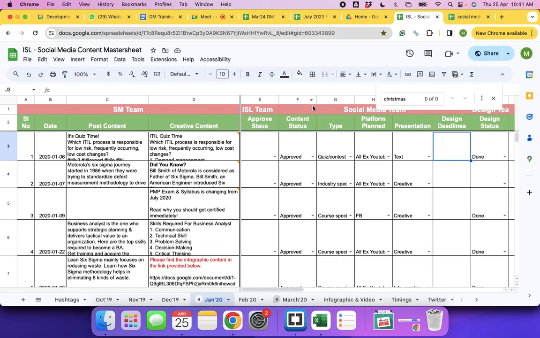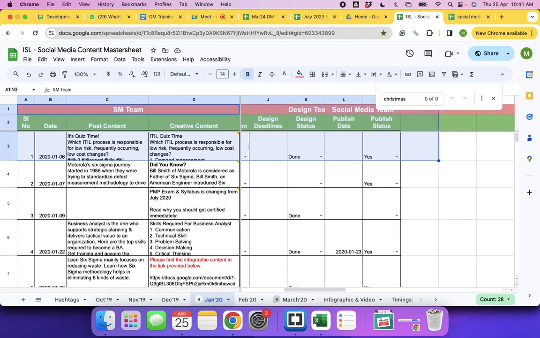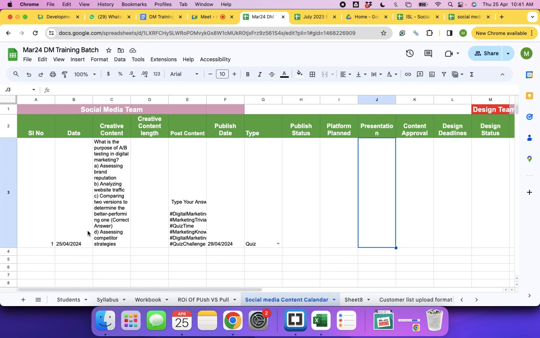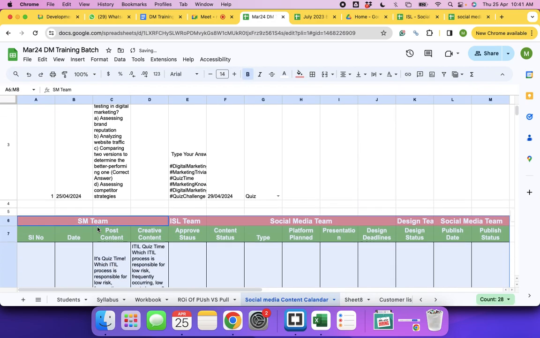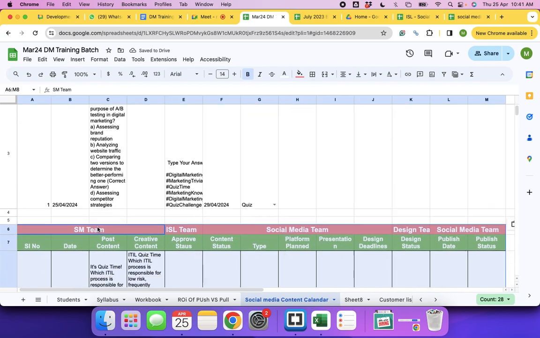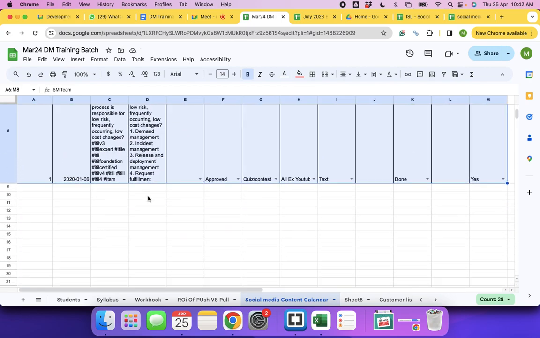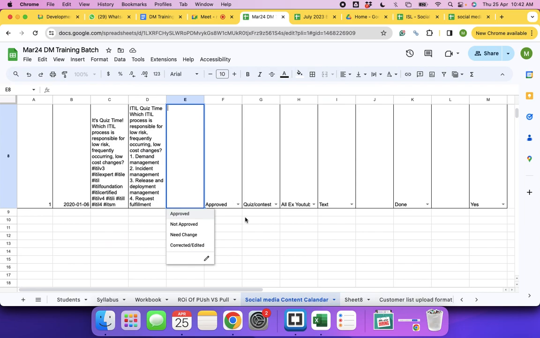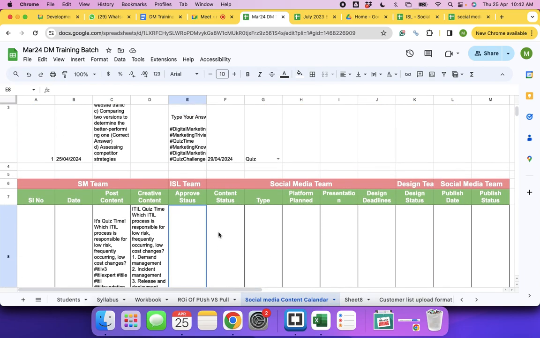Any questions, guys, with regard to this template? Okay, so this template has drop down, and that should help you to understand better. That's why I have copy pasted this one.